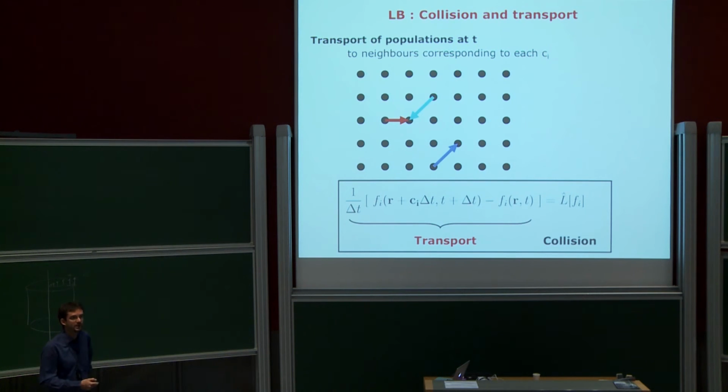So a site could be either empty or occupied by a particle with one of the 9 or 19 velocities. And the information you need to keep track of is then just a number of zeros and ones. It's 0 if you have no particle at a given site, and then 1 if it is occupied with particles that has one of the